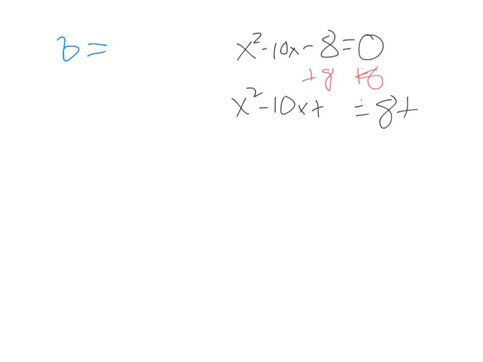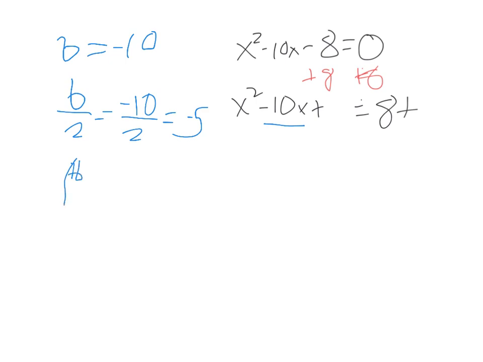The first thing I do is find b, which is negative 10, because it's my linear term. Then I do b over 2, which is negative 10 over 2, which is negative 5. And then I do b over 2 squared, which is negative 5 squared, which is 25. Okay? And so that means I need to add